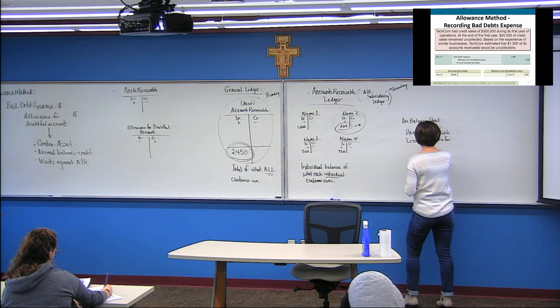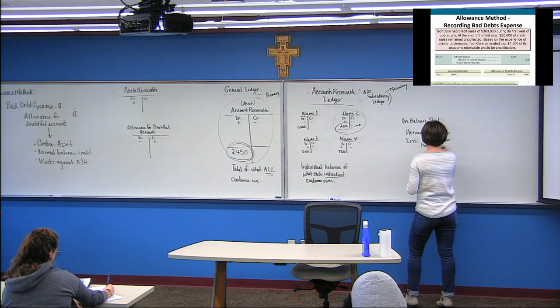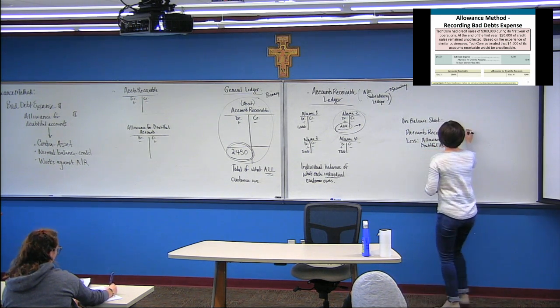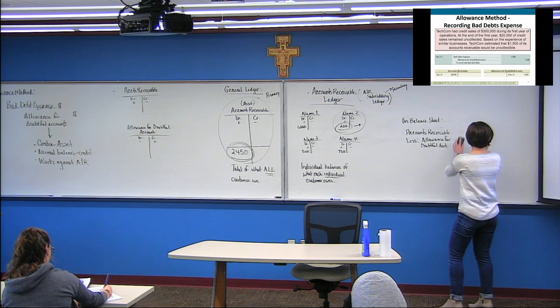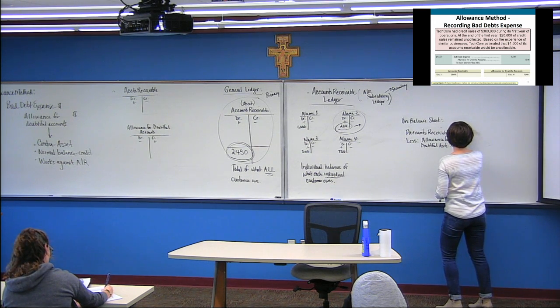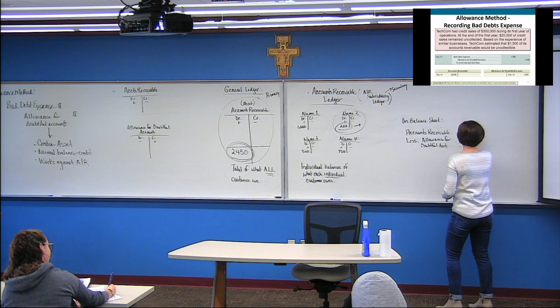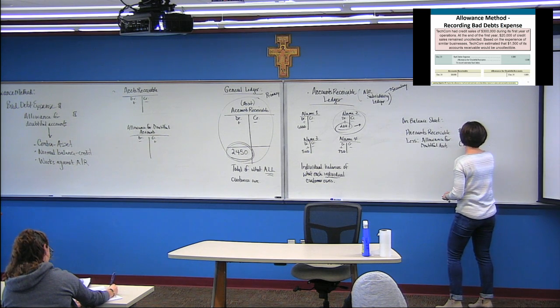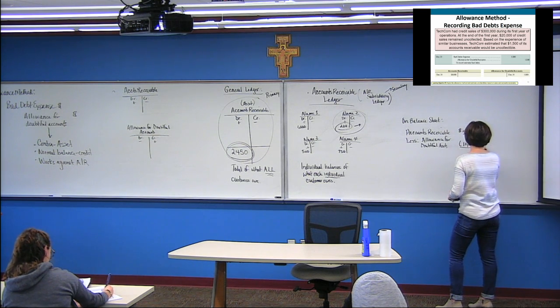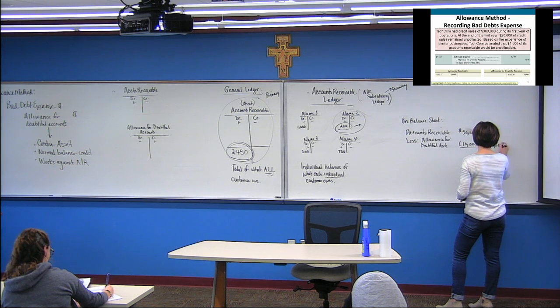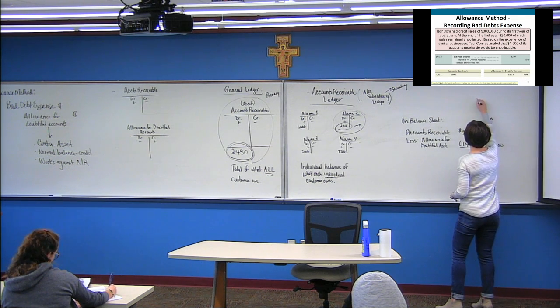This is another GAAP thing, folks. Let's say that accounts receivable is $50,000 and my allowance for doubtful accounts is $10,000. That net amount is $40,000. We call this number net